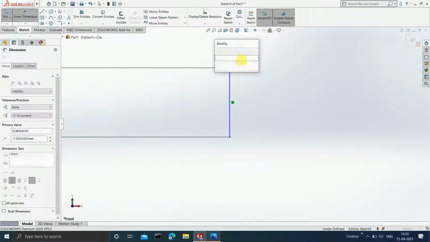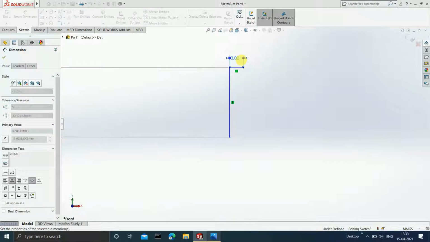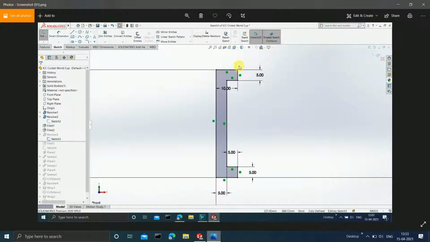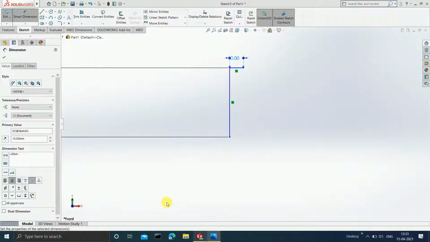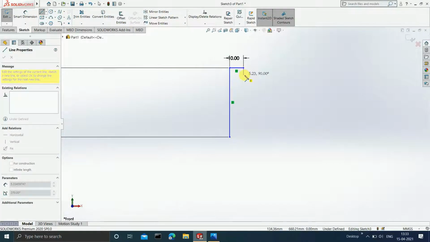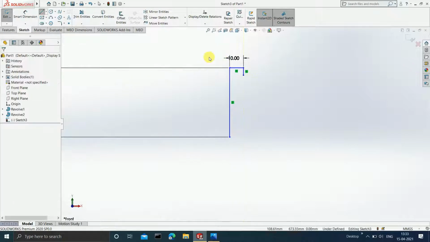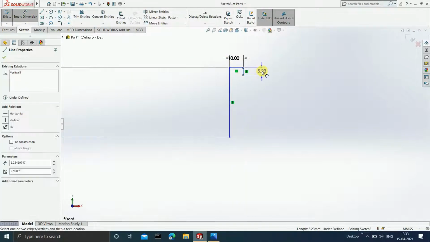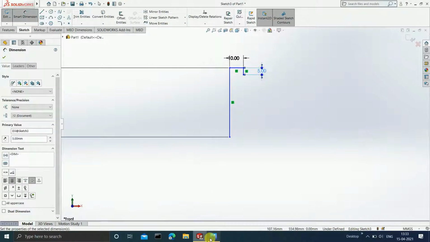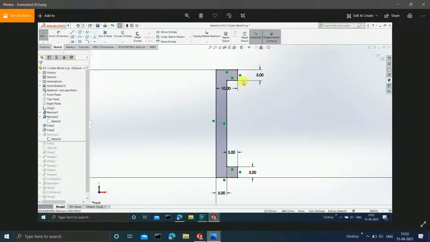We are going to give the dimensions at that time itself so that we don't forget any dimensions. Then draw a vertical line of 5 mm. You can even give dimensions at the end, but what happens is that you sometimes mess up when you give the dimensions at the end. So it is better that you give the dimensions at that time itself. It will take some time, but it will help us in doing the sketches perfect. After this, there has to be a horizontal line of 5 mm.